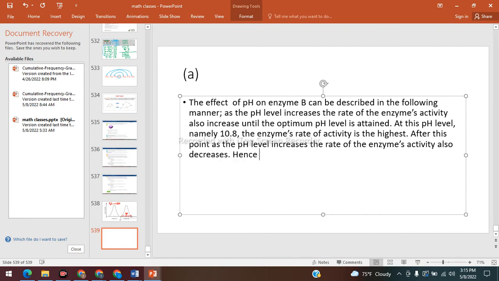Hence, the relationship between the enzyme activity